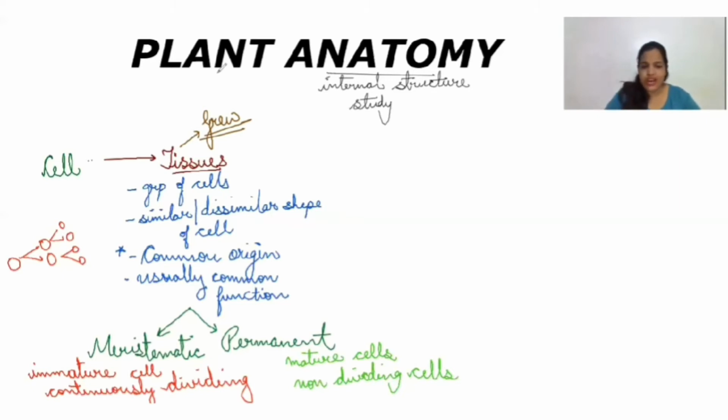Tissues are done. Now, coming to the next level of organization: the basic one was the cell, and cells were forming the tissues. Tissues are now going to form the tissue system. Just like in humans, we are made up of cells. Cells aggregate to form tissues, tissues aggregate to form the tissue system, tissue systems form the organ, organs form the organ systems, and organ systems form the complete organism.